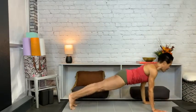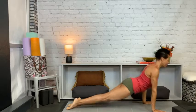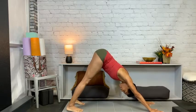Okay, oh my. Upward facing dog, inhale. Down dog, exhale. That'll work. So again, Ashtanga Vinyasa Primary,